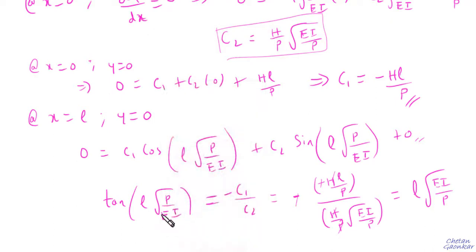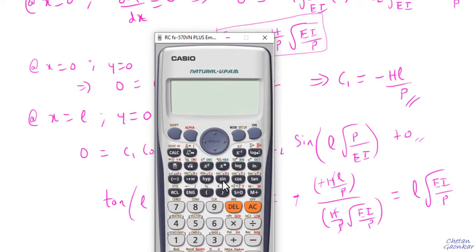But what we want here is tan of some value equal to that same value, and that is possible only for one value, that is when tan is equal to approximately 4.4935. When this tan is equal to 4.4935, I will get approximately the same value, up to at least 2 digits, right? So tan of this value is approximately the same value when it is in radians.